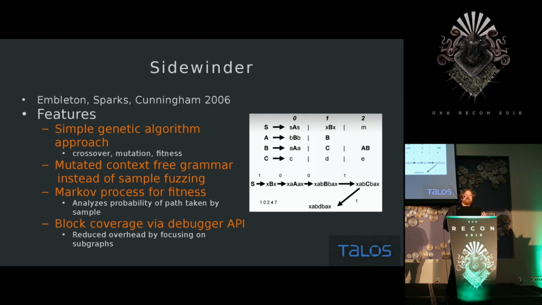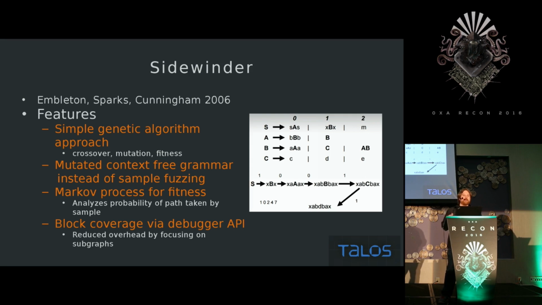So the first time this was discussed in public, as applied to security testing for finding vulns, was at Black Hat in 2006, and Embleton and Sparks talked about a tool called Sidewinder. And it was actually really cool. I think their approach was pretty intelligent, and they took a Markov process, which is a way to weight a graph for essentially the likelihood of visiting that path over time. And so that way you could observe one trace and compare it to the entire history of all your other